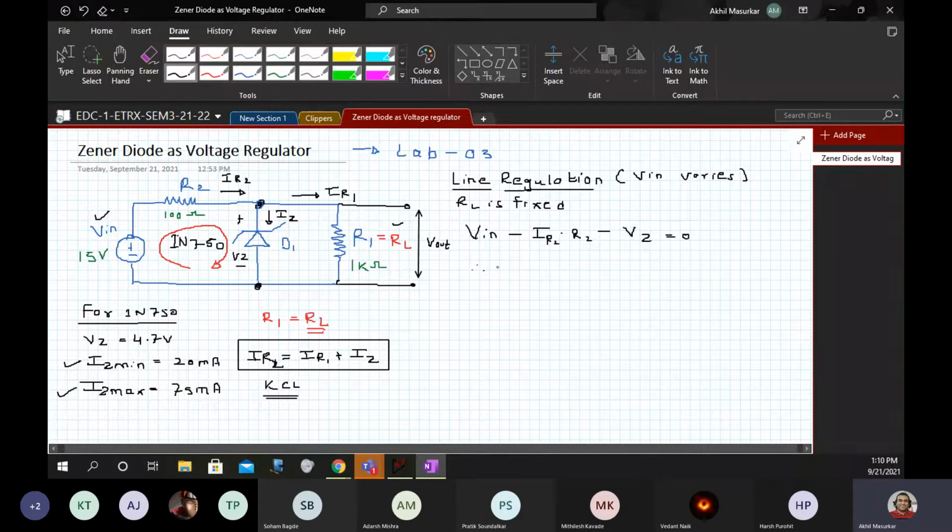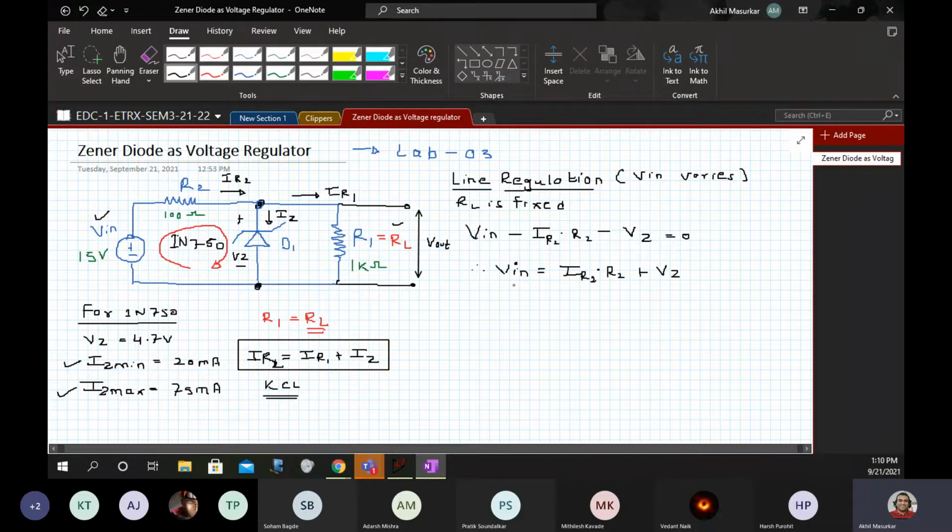Therefore Vin is equal to IR2 into R2 plus Vz. This is what we can write.